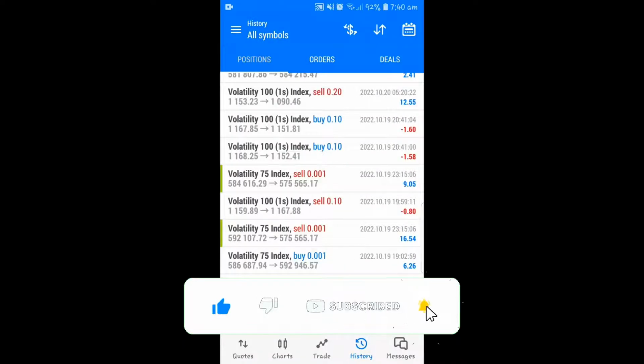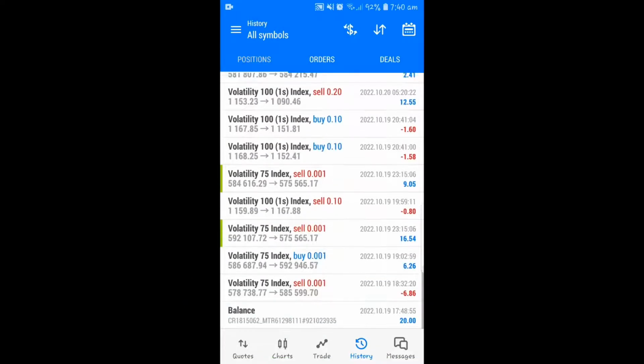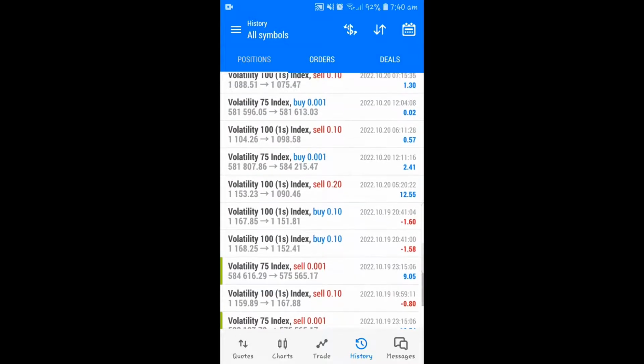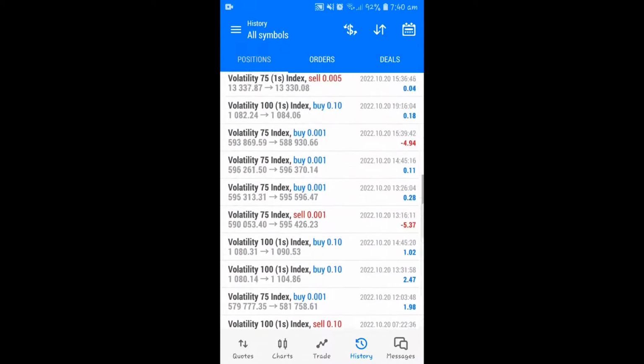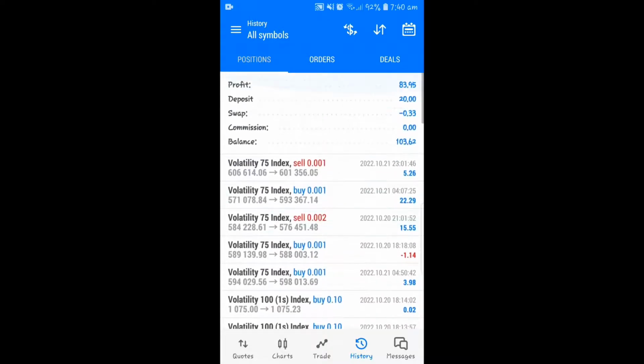What's up, good people? So I'm here to give you the account breakdown. So you can see that we started from $20, and I've been making some profits and closing the losses once I notice that I'm wrong, and holding the profits to recover and to make money. You can see that the deposit of 20, we made a profit of